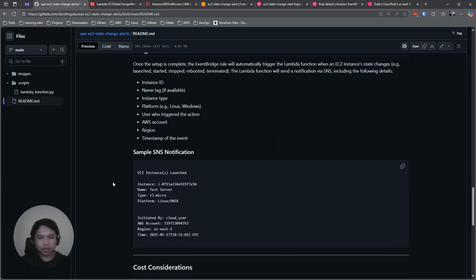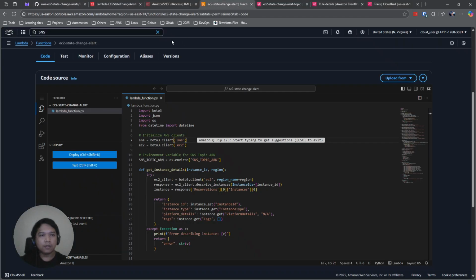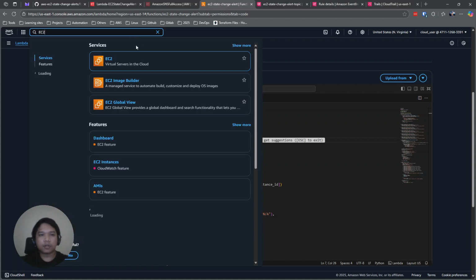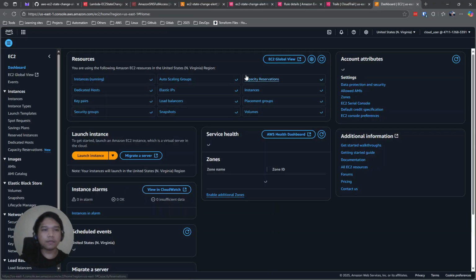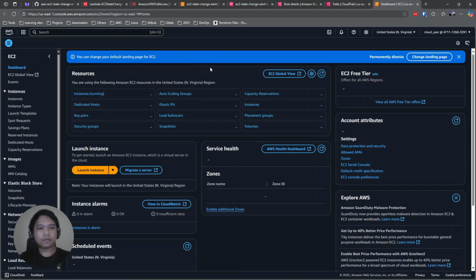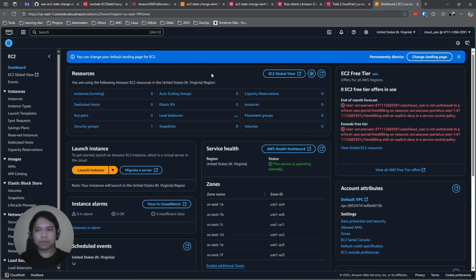Okay, so I think we have the sample SNS here, so we're just going to test it. We're going to provision an EC2 instance. Let's search for EC2, then launch instance.